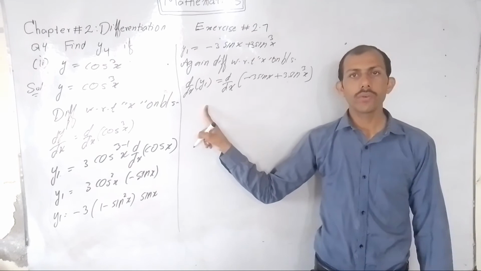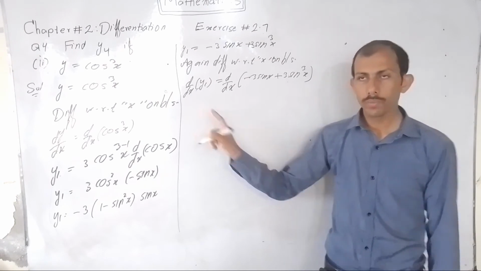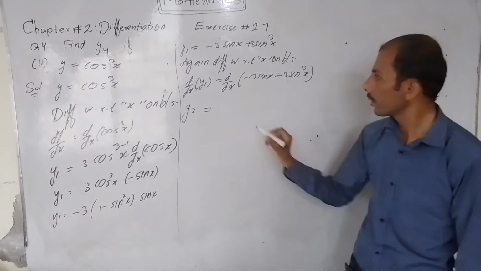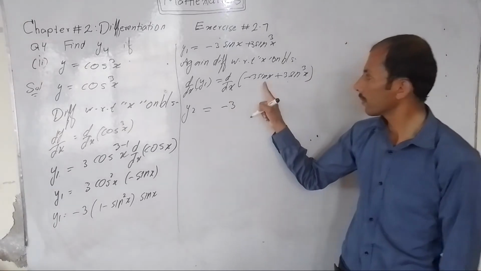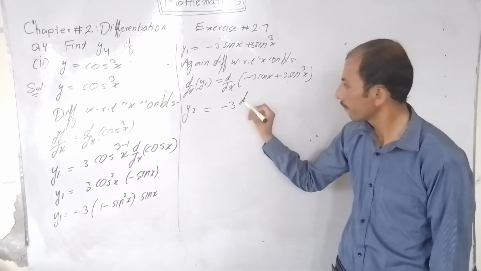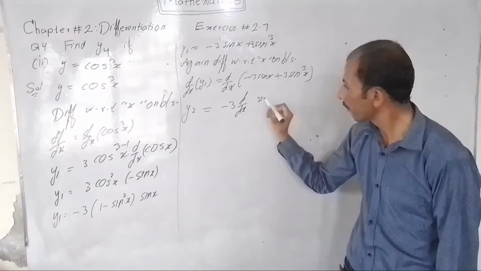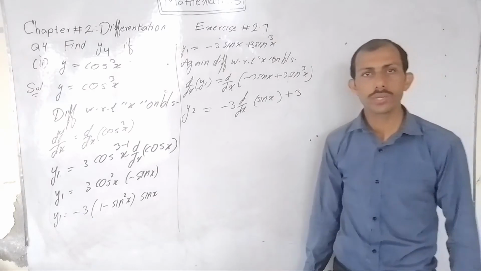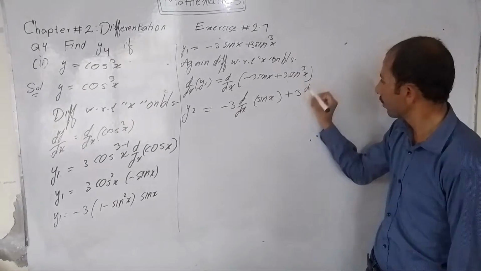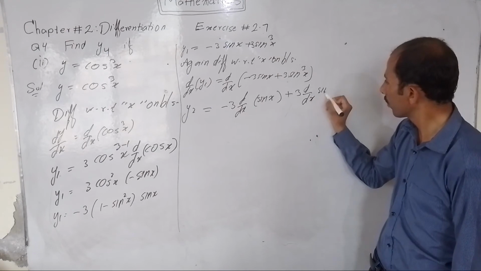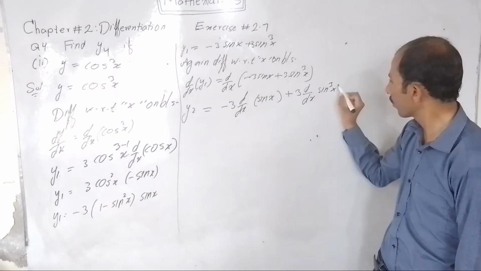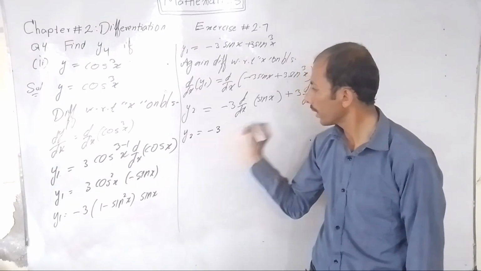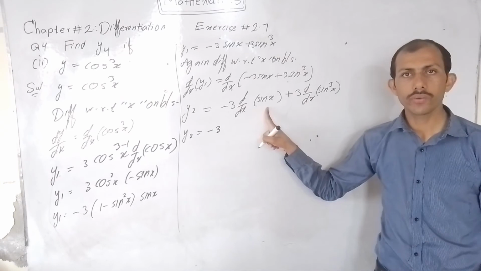The derivative of y1 with respect to x is y2, which is equal to minus 3 times the derivative of sin x plus 3 times the derivative of sin cube x. So y2 is equal to minus 3, the derivative of sin x is cos x,